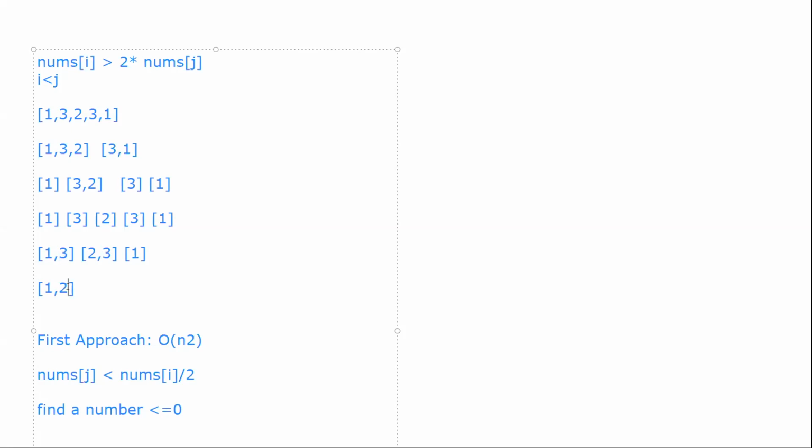Yes, 3 with 3. You keep on moving the j. Let's say 1 was bigger than 3. Then you keep that pointer i there itself, and just increment the j. Let's say you found that again 3 is lesser than this. You again go for that and keep on increasing the j till you reach a point where you will not be able to satisfy the condition anymore. So those many are the valid pairs for you.